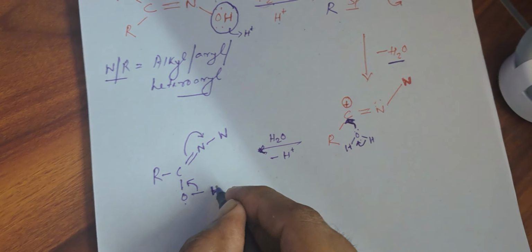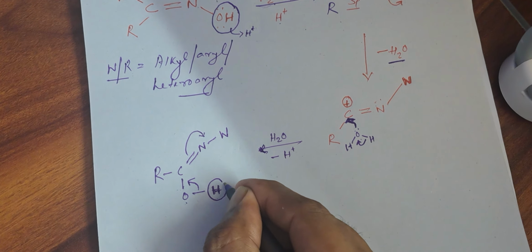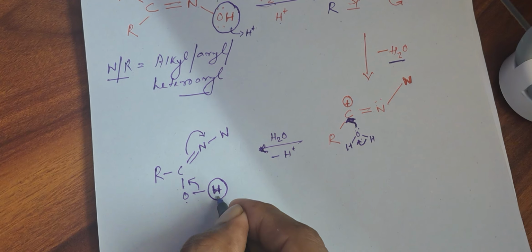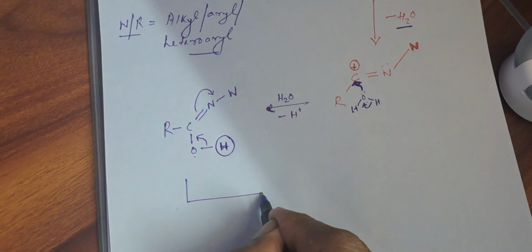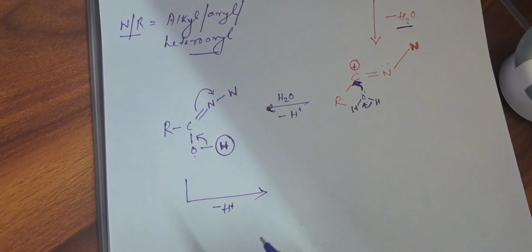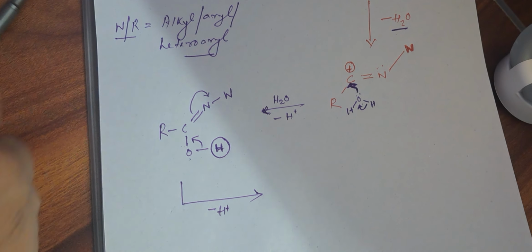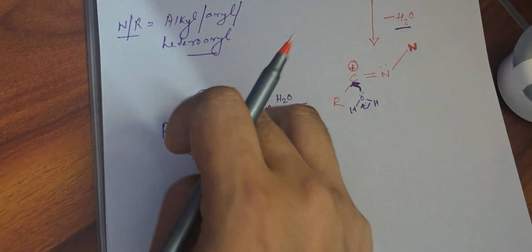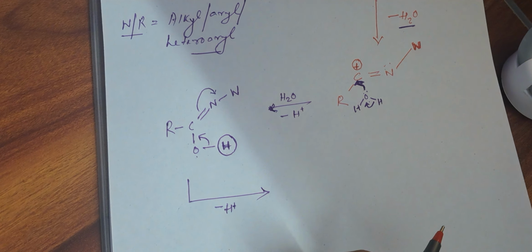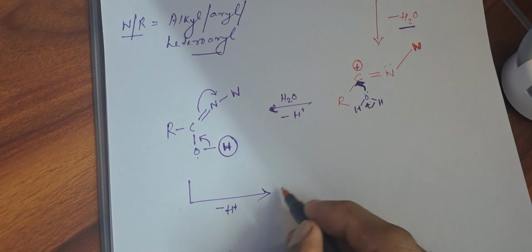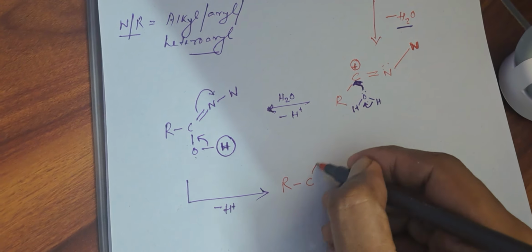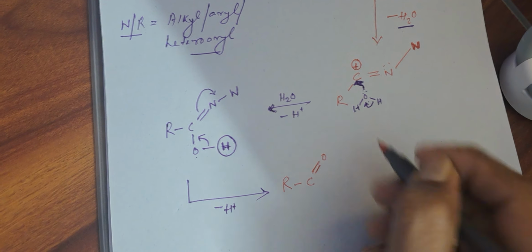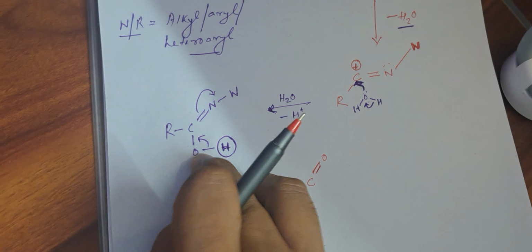So in this very process, this has to leave in the form of H plus. Once this bond was broken, there is no point in keeping the hydrogen here. It will no longer stay over here, right? So likewise, if I put a further arrow, I can put H plus. Once this has happened, let me just write what will happen to this. So now we have R, we have C. Now this has got converted to a double bond O. Yes or no? Double bond O, because this electron pair has already been given